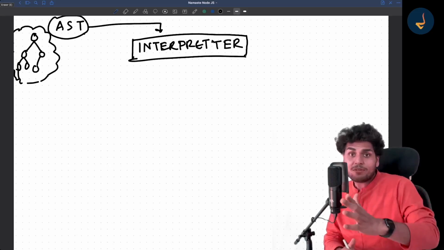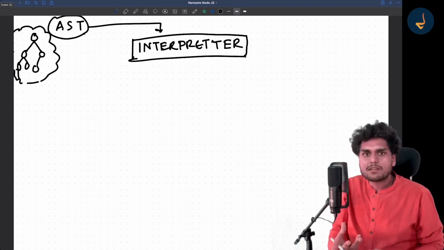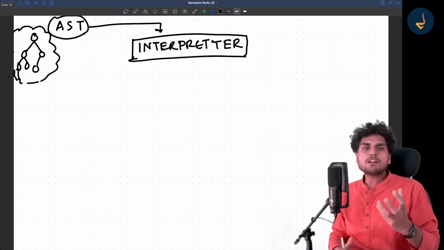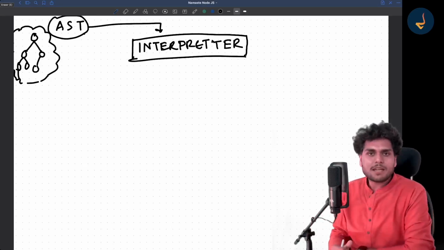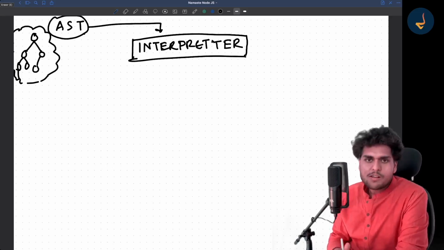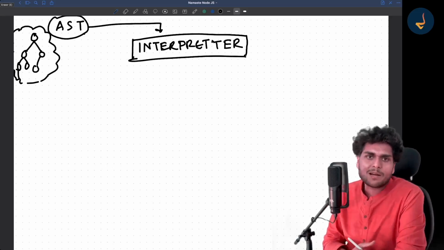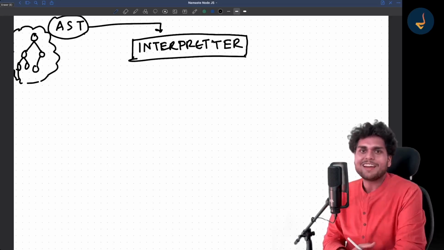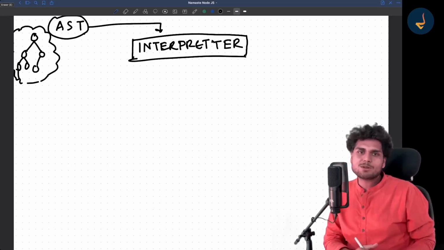And even before that, what is an interpreted language? What is a compiled language? What does it actually mean to be interpreted, and what does it mean to be compiled? Just think about it once. Do you know that? Okay, let me tell you. If you know it, it's okay. If you don't know it, that's also okay.